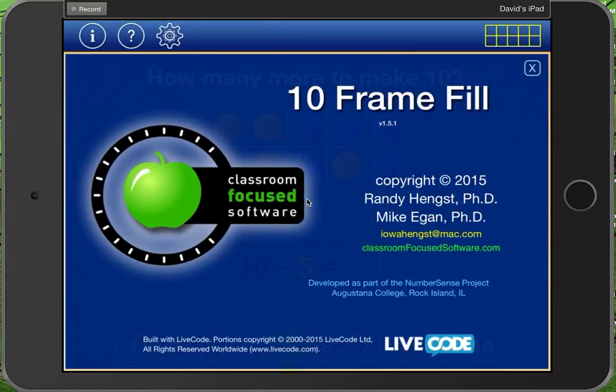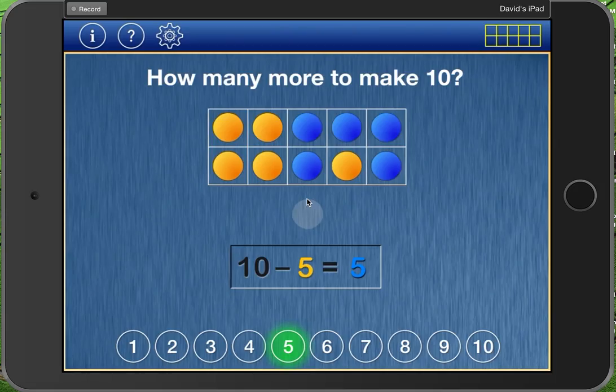Hello, today I'm going to show you a couple of great apps that I found for the iPad that are perfect for the lower elementary years. This one's called TenFrame Fill. It's a free app, and to get TenFrame Fill started, you simply tap on the little 10 frame up here